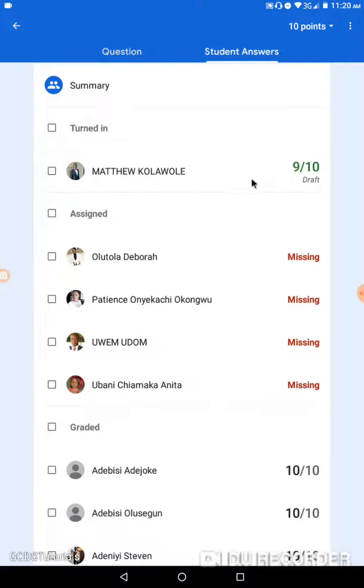So now if I want to return it, let's assume I have many, and maybe about 5 or 6 turned in with their marks already. I just click here, all of them will be selected, just like had it been I clicked here, had it been this is the turned in, and once I click here, all these will be selected the same way. If I have many here that have turned in, instead of selecting one by one, I just click on turned in. Then once I click on return now,